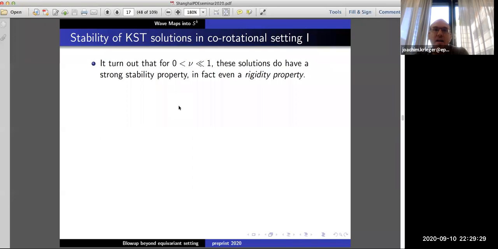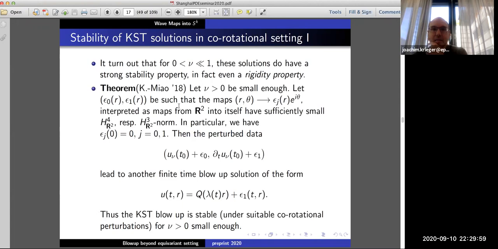Okay, so how can one approach the stability of these solutions in the co-rotational setting? I'm still just co-rotational here. And from now on, one has to choose nu very small, for reasons that will become apparent. It's actually very natural, and it also corresponds to what one observes in numerics: the stable solutions are always very close, that scaling parameter is very close to the self-similar rate. So the result that we proved in 2018